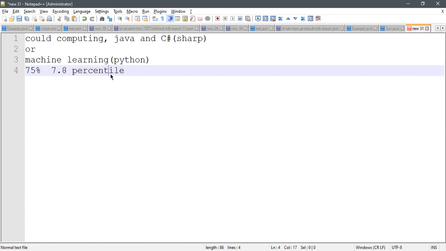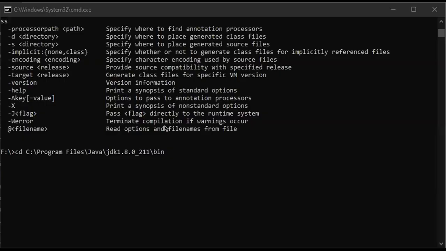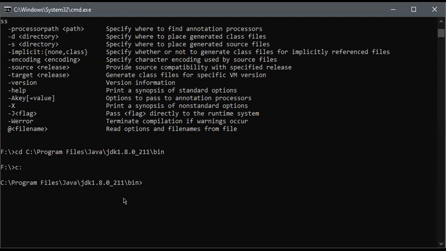Okay, this I want to show you. Without a classpath, it is also possible to compile the program. But every time you need to give this path, because this path only consists of javac. Without the path also, it is possible to run the program like this. But while you are doing this, you need to place your program inside the bin, which is not a good manner from a good programmer's point of view.